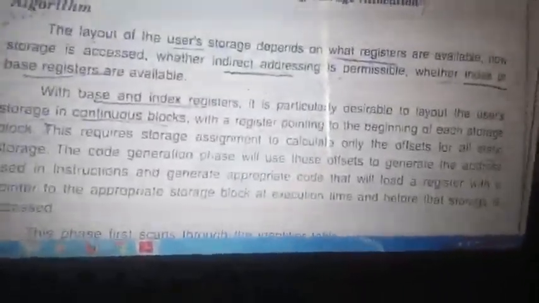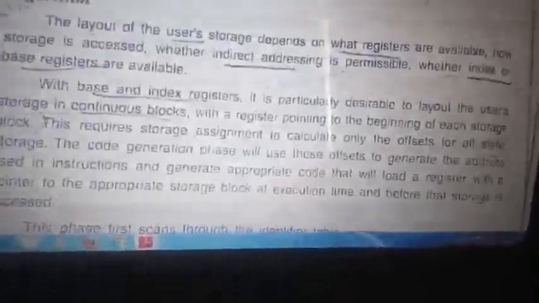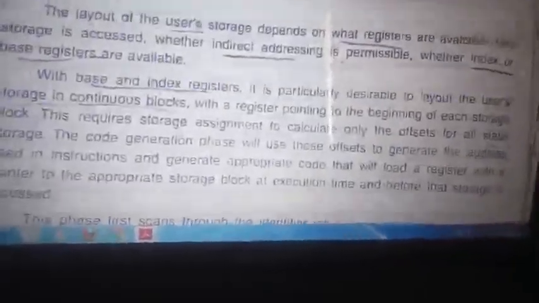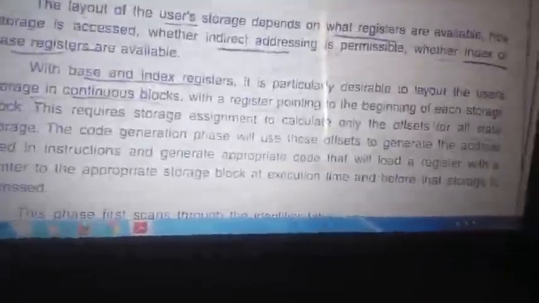Then next, the literal table is required to store the literals, and the matrix table is required to ensure how many operators there are and how many variables are to be initialized. As for the algorithm, to write it we need to know what kind of registers we are using, whether a base register or an index register. If it is a base register, the next memory location can be accessed by adding the offset to the base register, right?